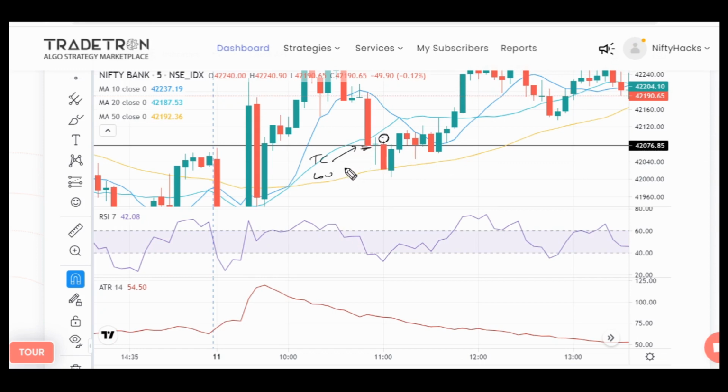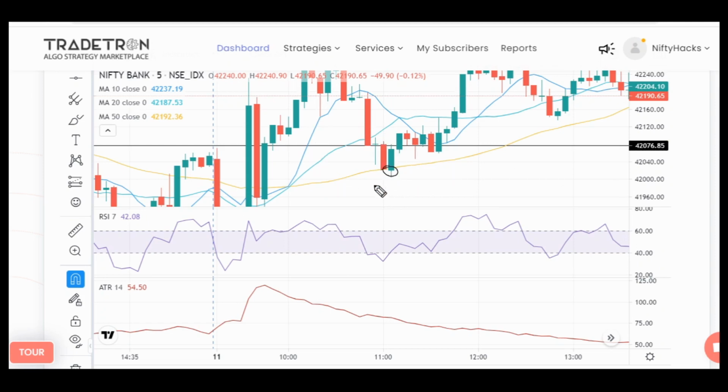So, see, sometimes the trigger candle and the entry candle low would be the same, but here the trigger candle low is this. You can consider the candle previous to the entry candle is this, because this candle closed below all the three moving averages, and this candle's high is also above this trigger candle low. So as soon as this candle closes and the 11:05 candle opens, this is the 11 o'clock candle and this is 11:05. As soon as this candle opens below this LTP, and at the same time our other condition, that the previous candle high should be greater than trigger candle low and the previous candle close should be below all the three moving averages, is also fulfilled. So we took entry exactly as soon as the 11:05 candle opened, and as you can see,